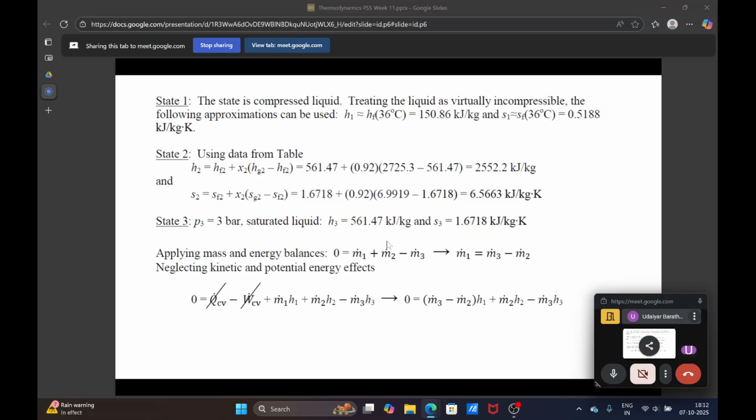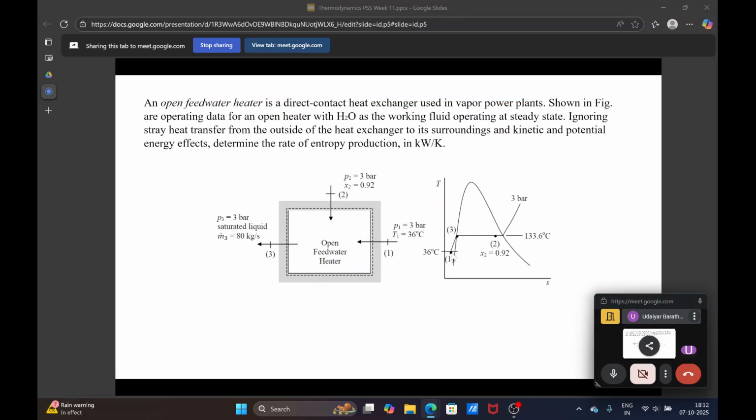So from the steam table, the water property table, you can straight away find the enthalpies and entropies. For the subcooled liquid at 36 degrees Celsius and 3 bar, the enthalpy will be close to the enthalpy of saturated liquid at 36 degrees Celsius. There will not be much change. So you can assume it to be a saturated liquid